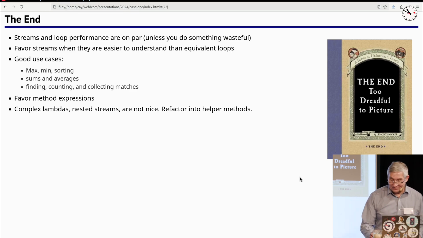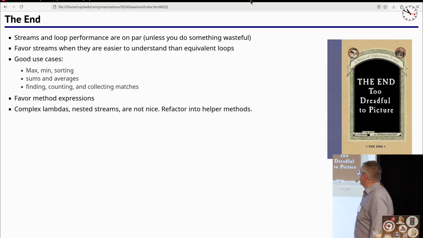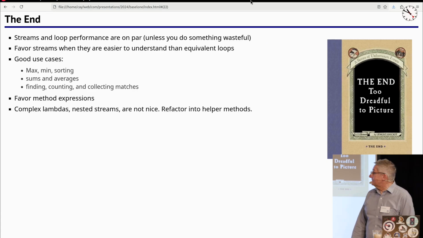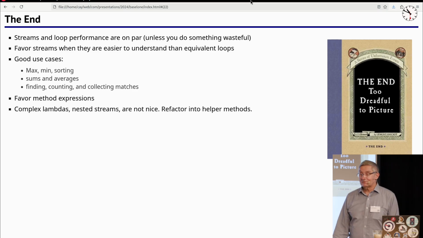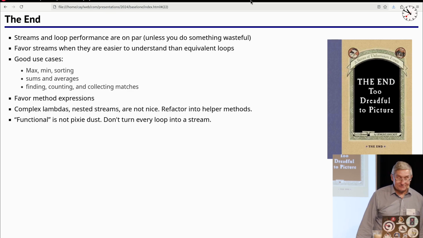It's surprising after a bit of practice with it how easily they roll off your fingers. Then budget in the time to refactor so that people later can read the code. Also, if you find that things aren't so nice because you get weird errors, that's a good time to get a cup of coffee, walk around the block, and then redo it with some helper methods. Because otherwise, you can spend a good amount of time staring at these compiler errors.